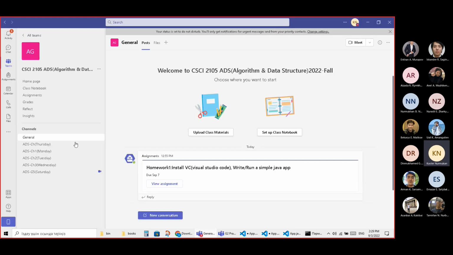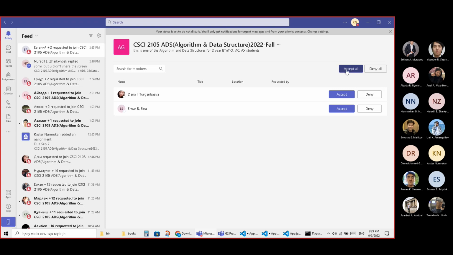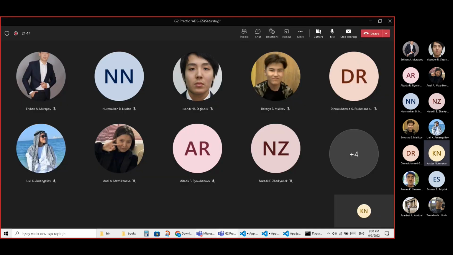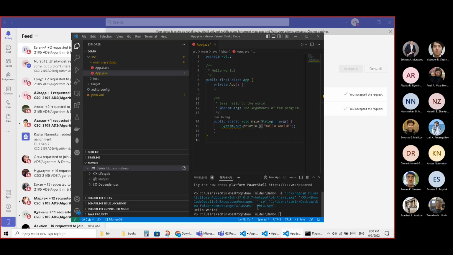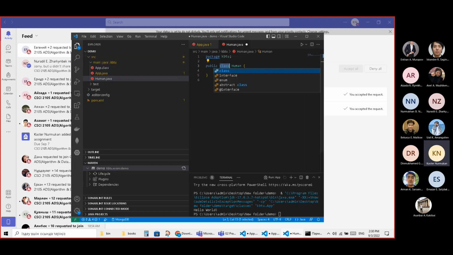how to use Java with these tools compared to C++ in the proper way. Let me demonstrate one simple example for inheritance, and for example, let me start from the base class. I'm creating one file called people or human.java, and human all are